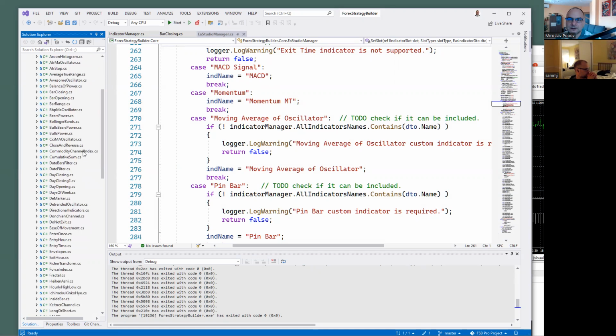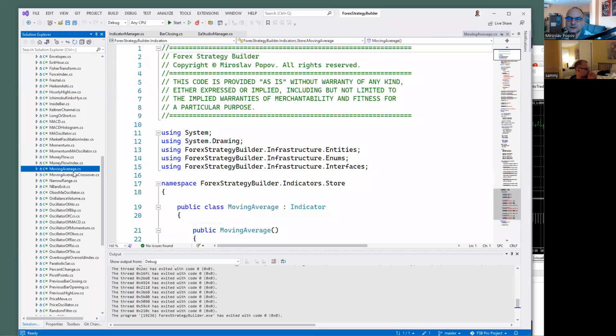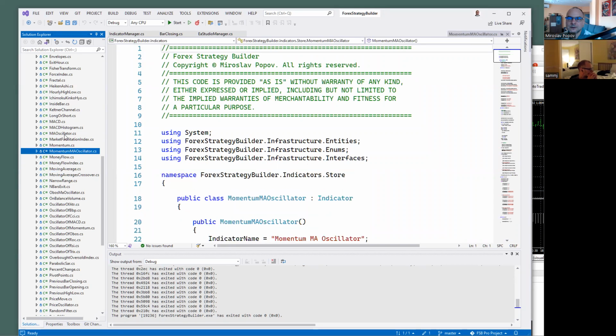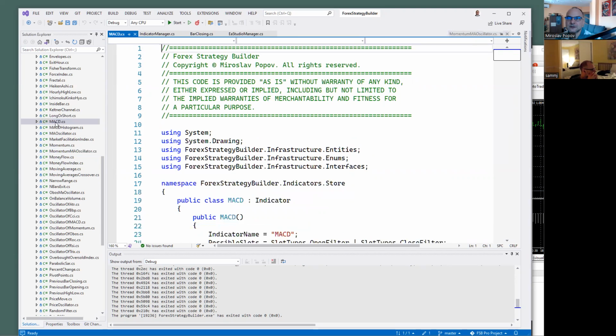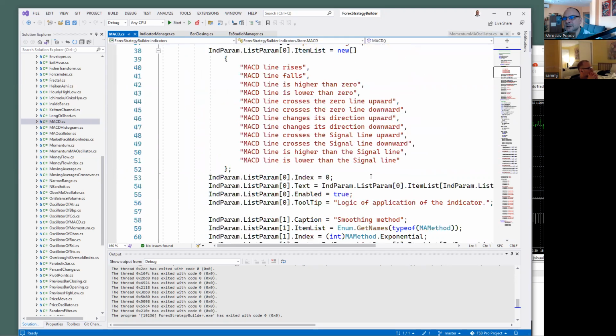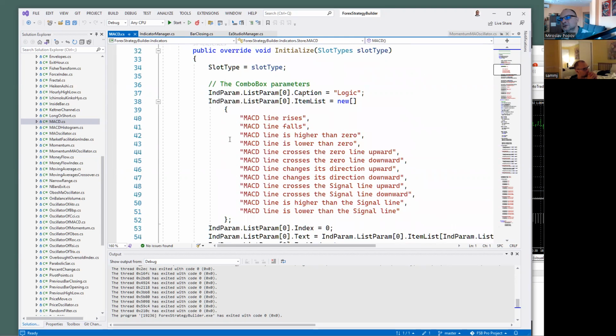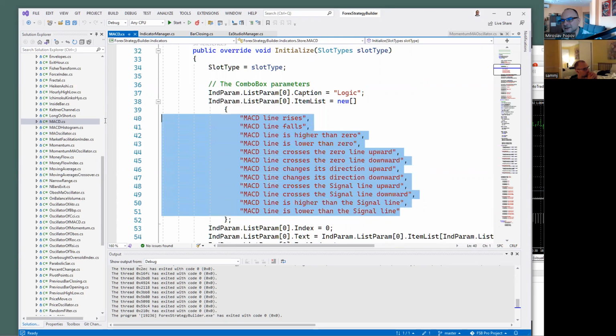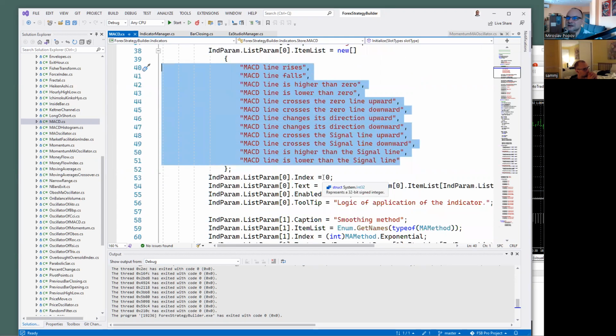So let's open what I have here. Do I have moving average crossover, momentum, MACD? Okay. Here in Forex Strategy Builder and Studio, we have the text, but we work with the index, and